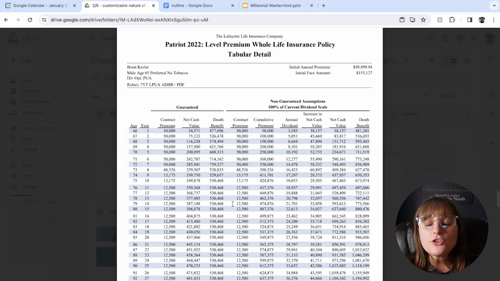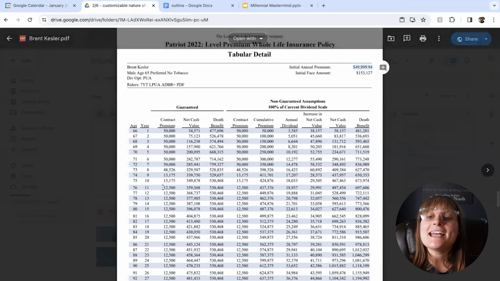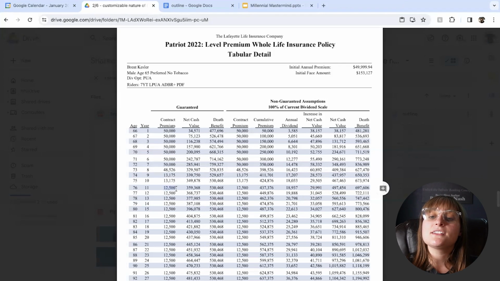But even though you're older, yes, you can still practice this. Reminder, just like I said, age on your policy only affects the death benefit. It does not affect the cash and the cash performance in the policy. So with this one, I designed this where of Brent's $50,000 a year premium, 25% of it is going to the base and 75% is going towards the paid up addition riders.